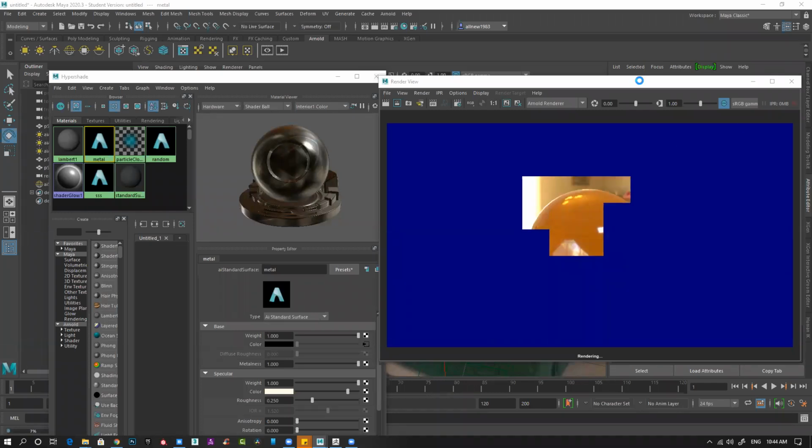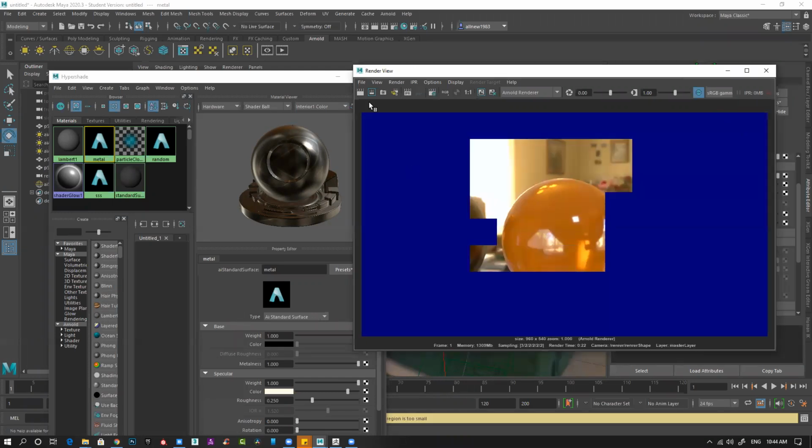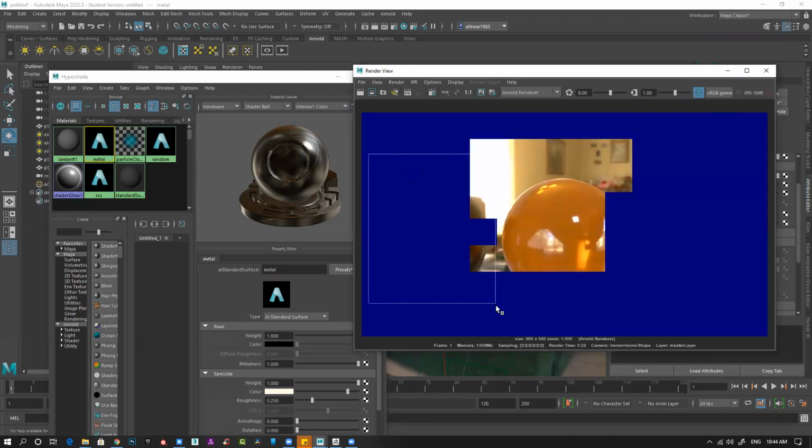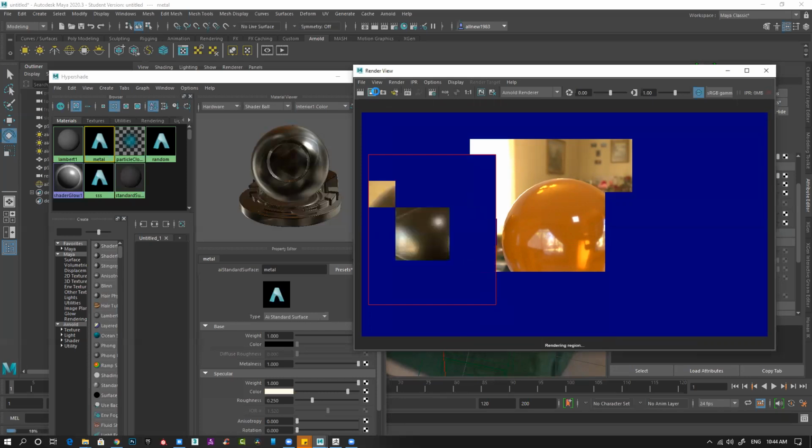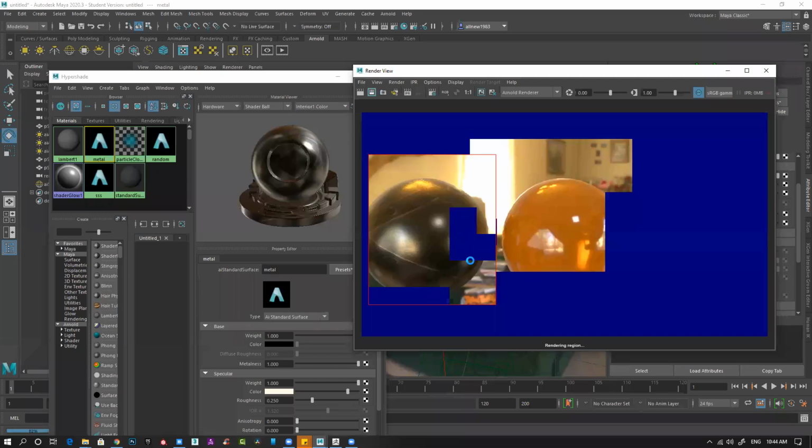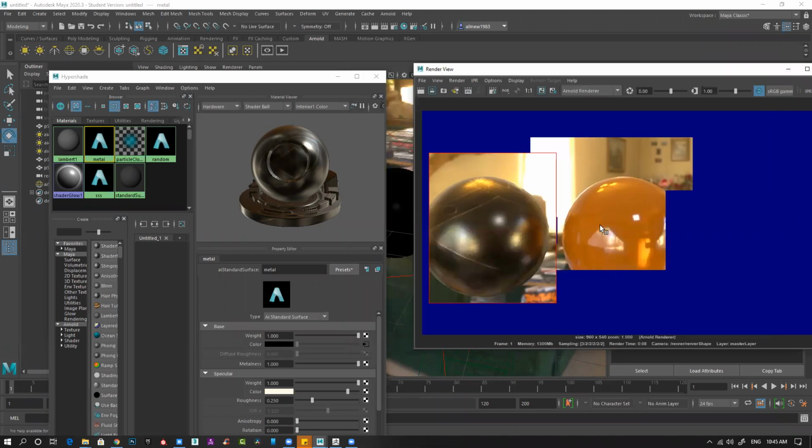So I'll just stop this, keep, select this region so that I can render this section only, without wasting this much time. Click on this. So I can render this section only really quickly. It will save a lot of time for me.